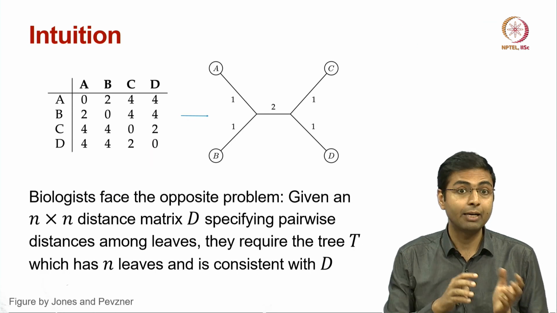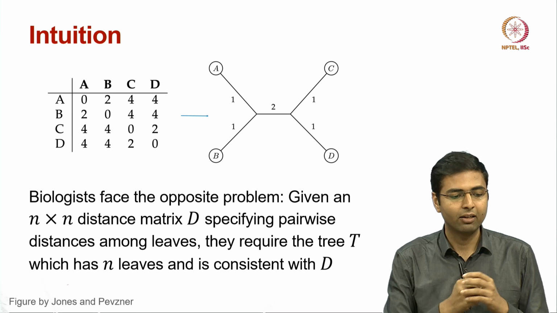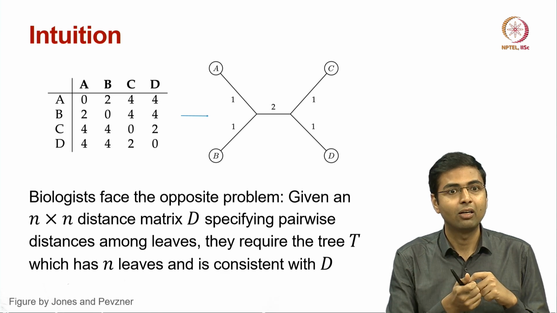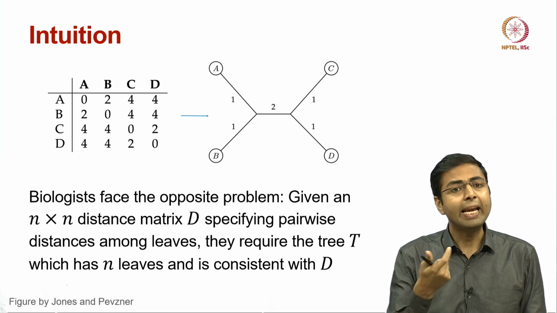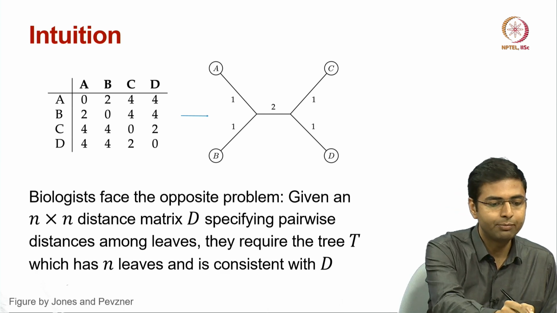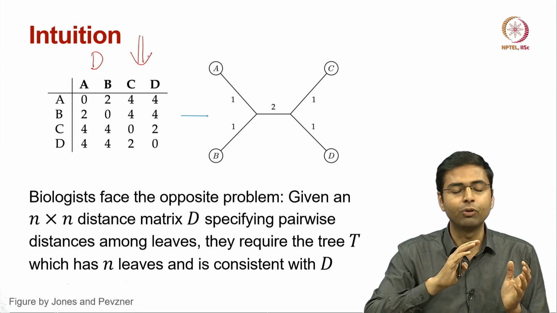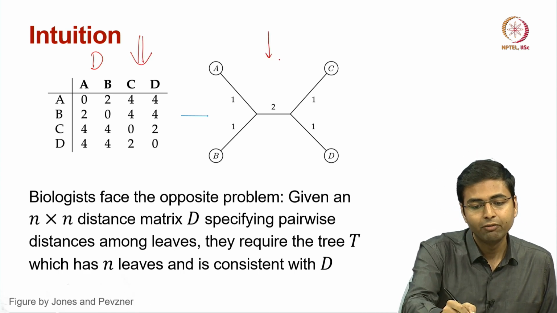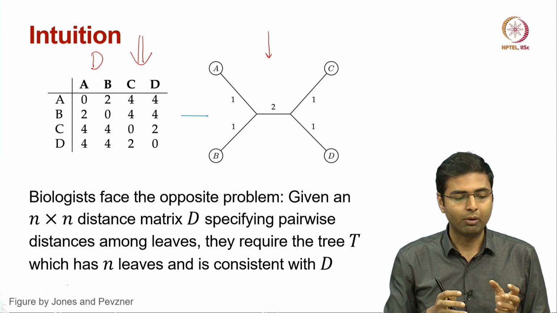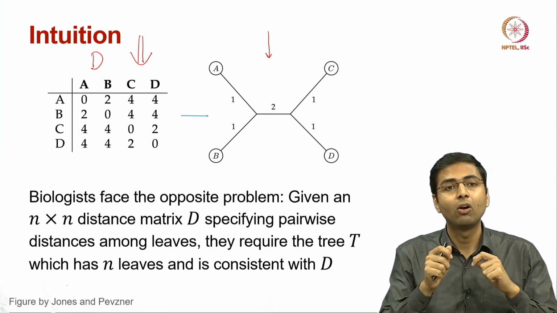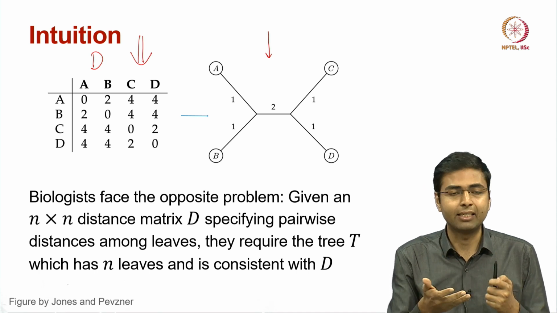In practice, the biologists face the opposite problem, that is they are given an n cross n distance matrix D, where they know the pairwise distances between the leaf nodes, and they require the tree T which has n leaves and that is consistent with the distance matrix D. So it is an opposite problem, that is you have an estimate of the distances between all the leaf nodes, and you are looking for what kind of tree and what kind of edge weights you should set